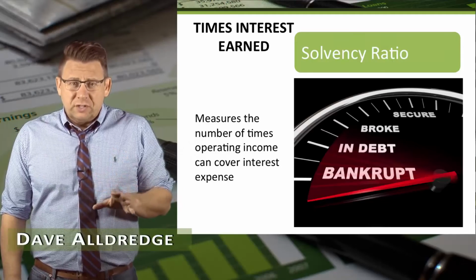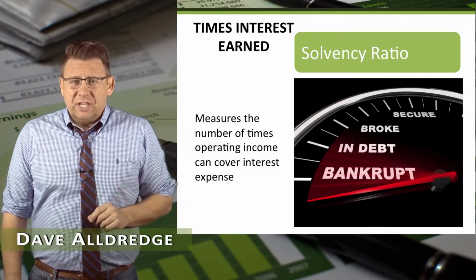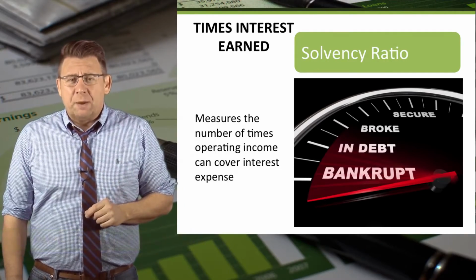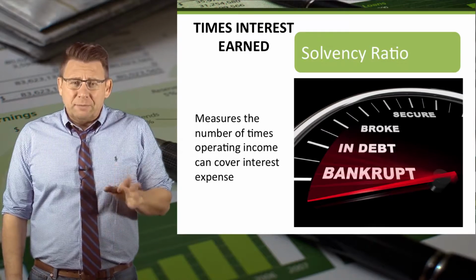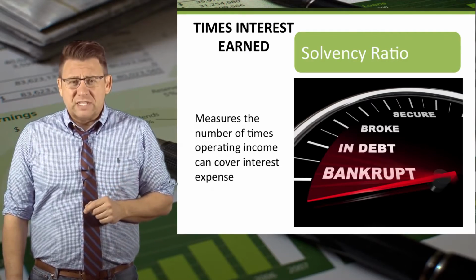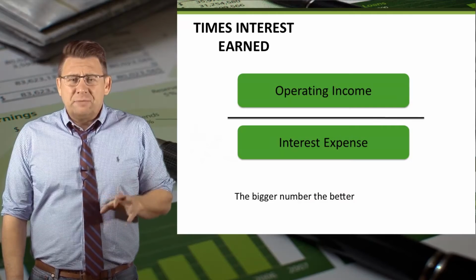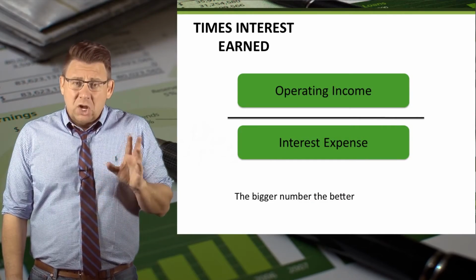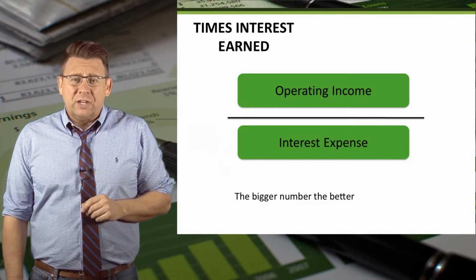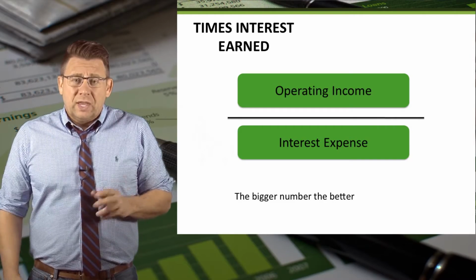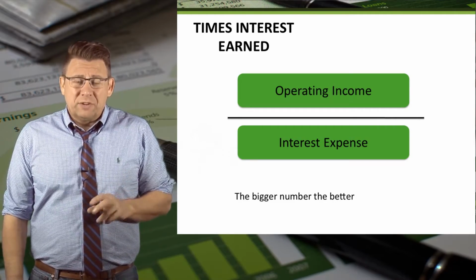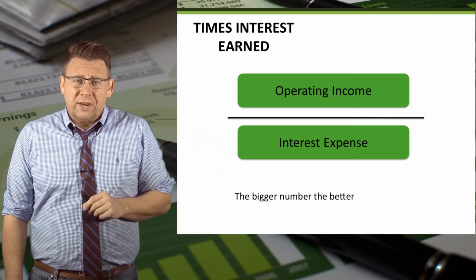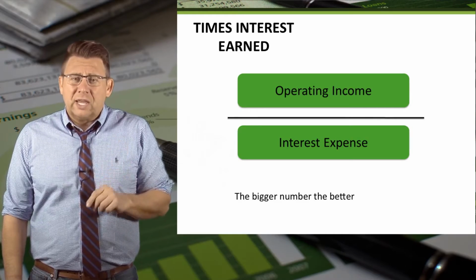Times interest earned is really the number of times interest expense can be covered by operating income. Times interest earned is a measure of solvency. It is calculated as operating income divided by interest expense. Again, it tells us how many more times a company's operating income is greater than the interest claims on those